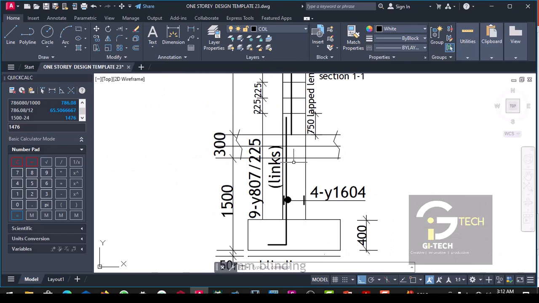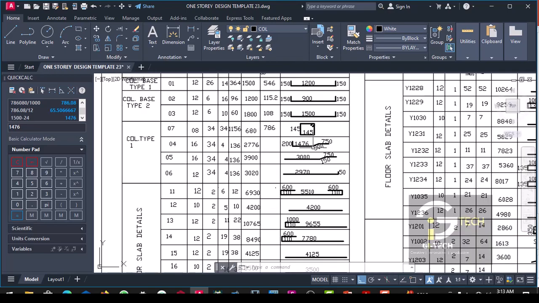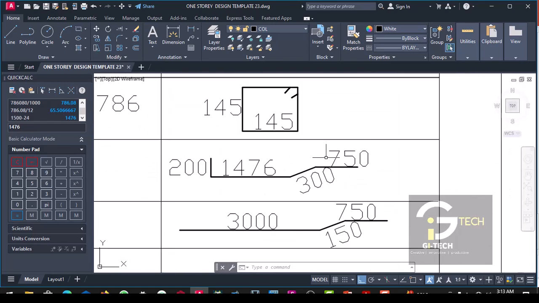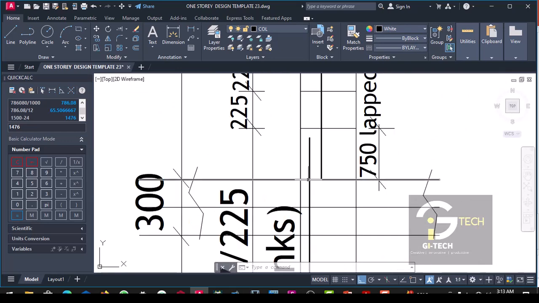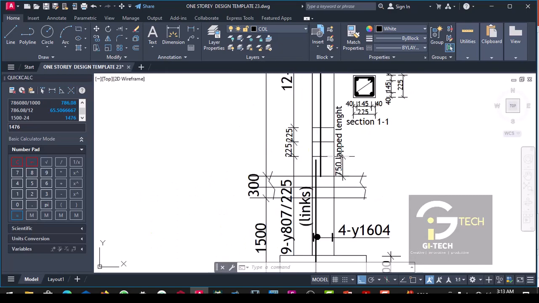From here to here is 300. So we have to represent it this way so that when we are calculating the length we will not make mistakes. So here we have the 300. Then immediately after the 300, above the DPC level, there must be a 750 projection, and it is called lap length,